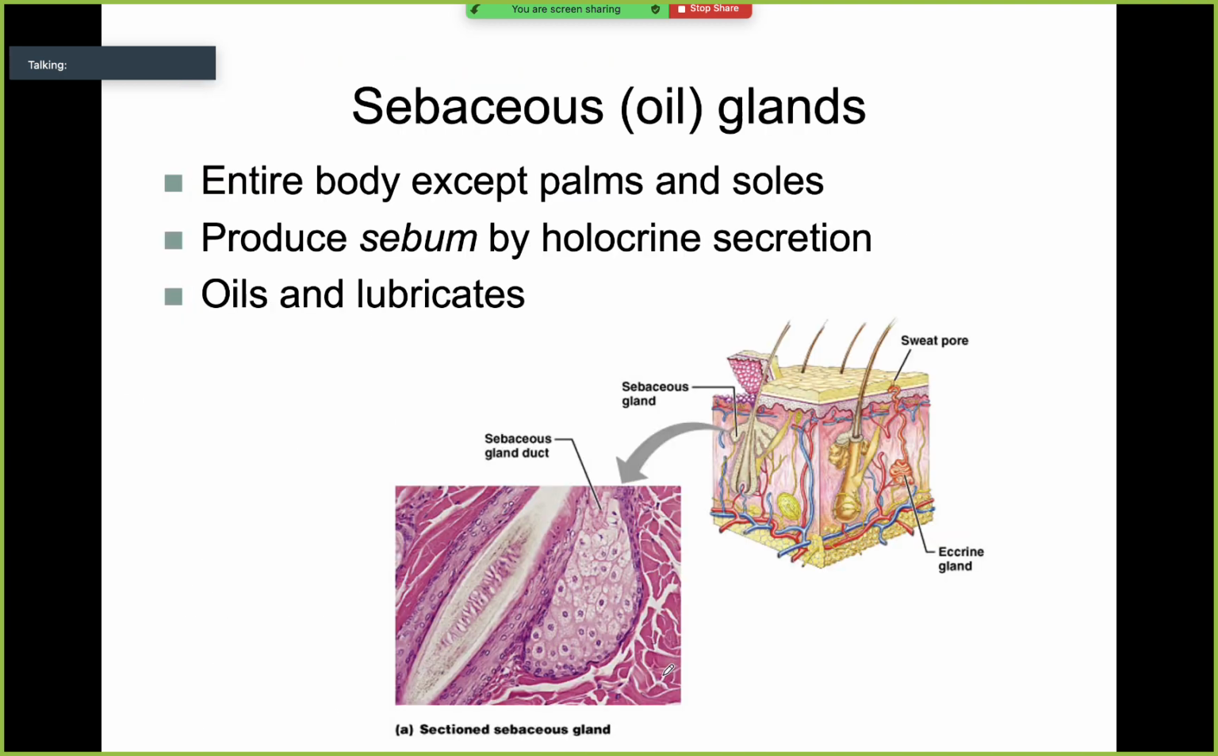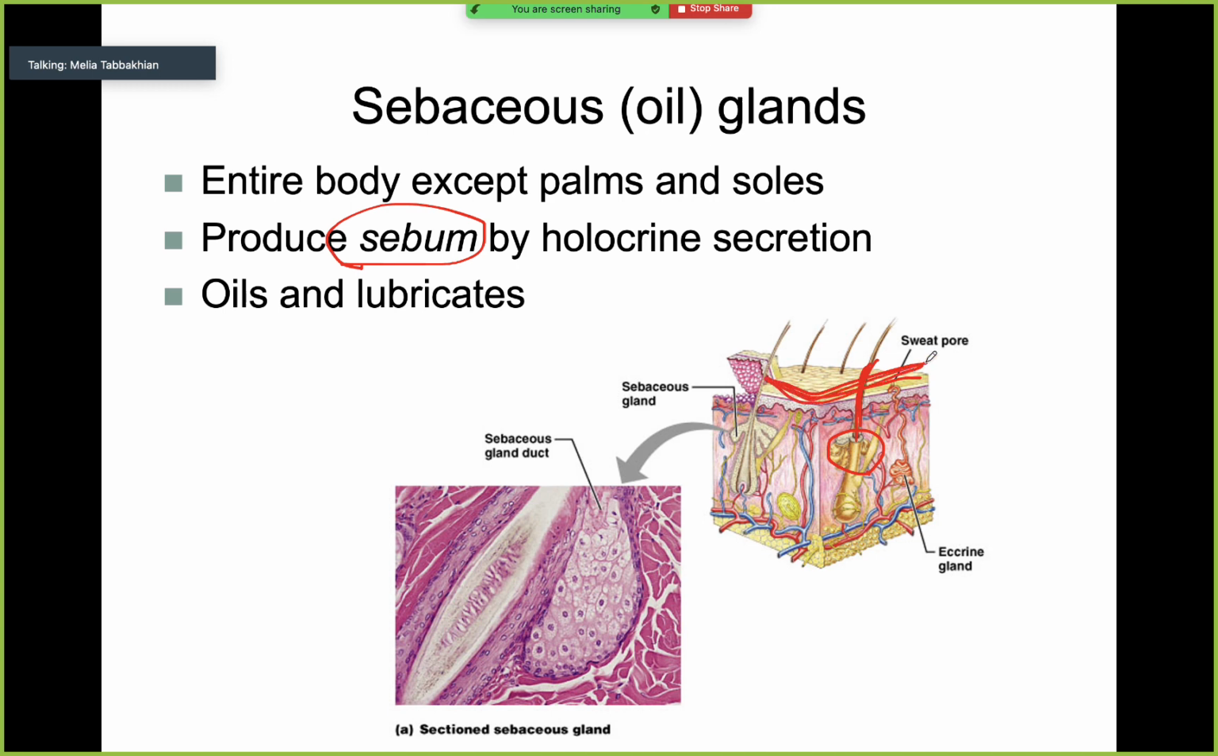Now the oil glands are a little bit different. They're only going to be found connected to hair bulbs underneath the shaft. That is where you find them. They make oil, also called sebum, and their job is to lubricate the hair shaft and to make sure your skin has a little bit of oil on it so that you don't lose too much water out of it